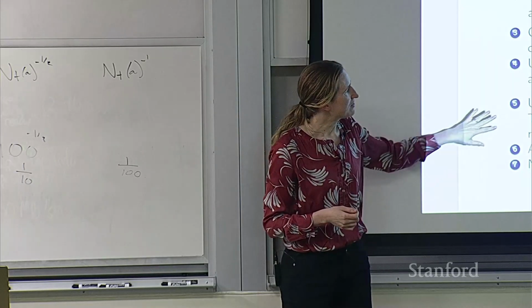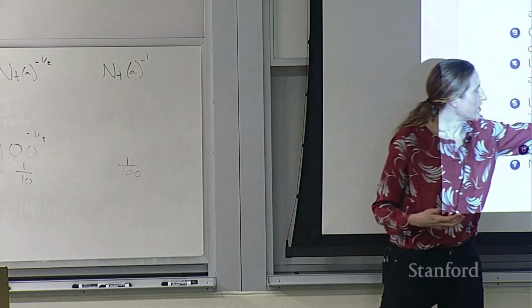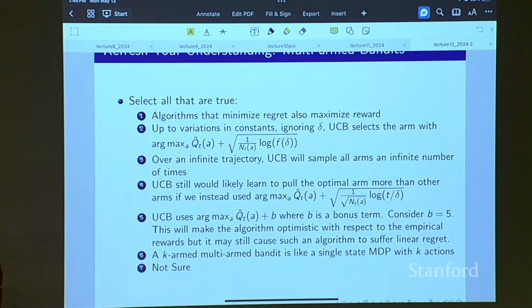So one of the key ideas from using Hoeffding and explicit upper confidence bounds is that in general, it's not easy to figure out a simple bonus term you can add in order to make things optimistic. That's why you might in general want to use these Hoeffding or other explicitly derived confidence intervals. Okay, great. And then the last one is true.